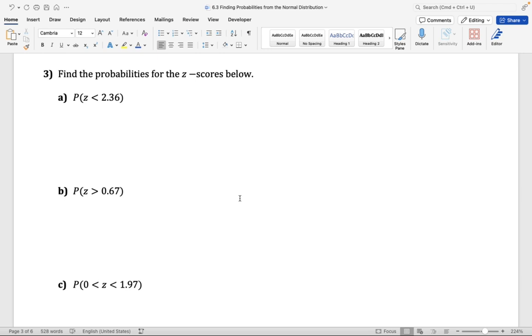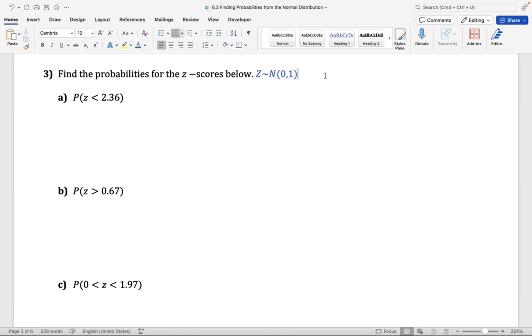If you're talking about a z-score, then you're using a special normal distribution. What is the distribution composed of z-scores? I hope you answered that question. The distribution composed of z-scores is the standard normal distribution. We denote this with a capital Z. We say the z-scores follow a normal distribution with a mean equal to 0 and a standard deviation equal to 1. So again, if you're finding probabilities involving z-scores, then you're using the normal distribution with the mean equal to 0 and the standard deviation equal to 1.